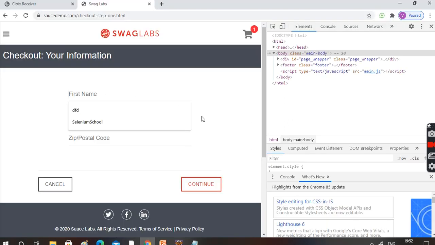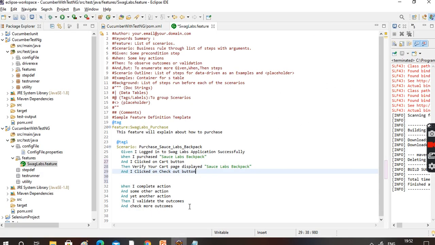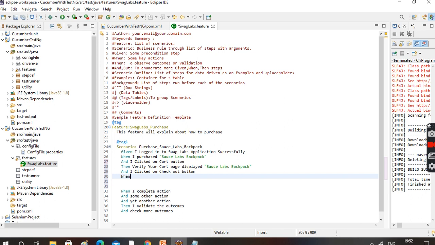After that, it is asking to enter the first name, last name, postal code. When I entered first name as, last name as, postal code as. Okay, what is the first name?